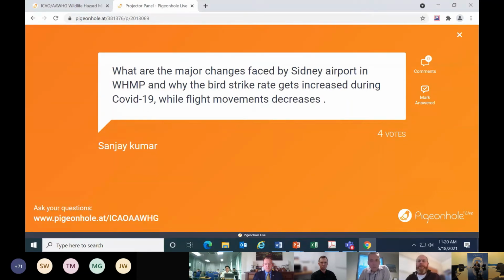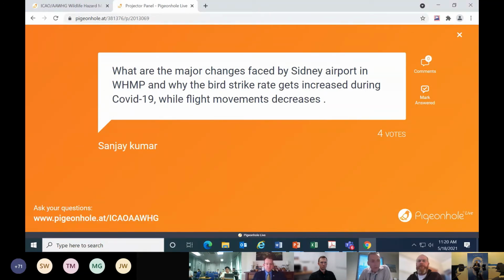You may find that juvenile birds weren't used to having a large presence of aircraft, but then during COVID there was a small number, so they weren't used to actually seeing aircraft, and so what we were finding was that we were seeing an increased number of strikes, even though we didn't